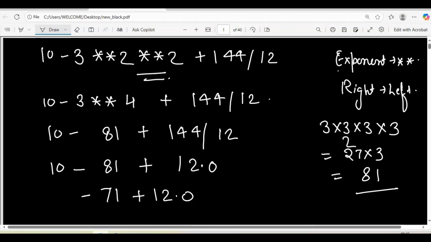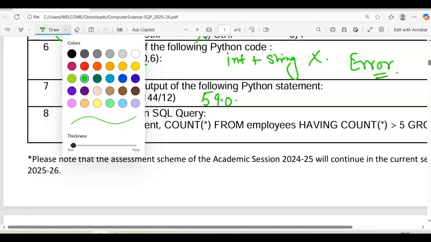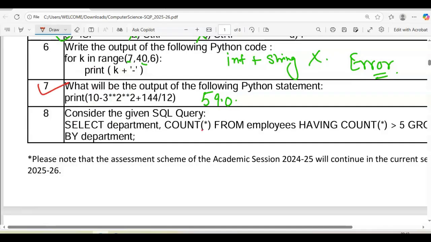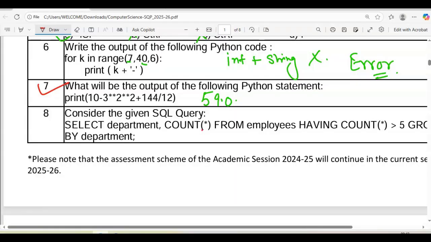So what are we getting? It is minus 69.0, and that also in negative. Let us check. The answer is okay. You can see this is the way. First highest precedence is for exponent, then next highest is for division, and then plus and minus, they both have the same precedence. So you will start doing it from left to right, with respect to their associativity principle.